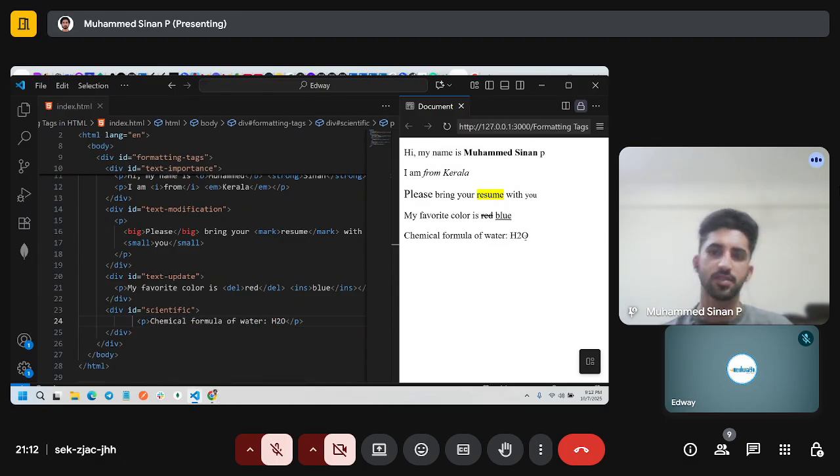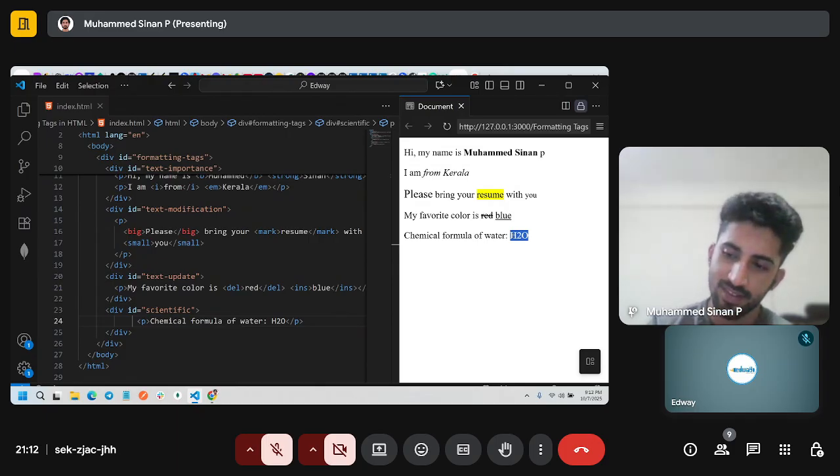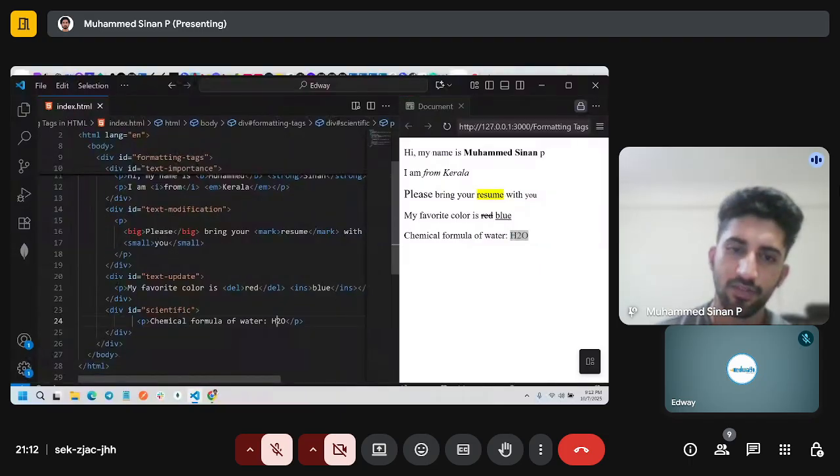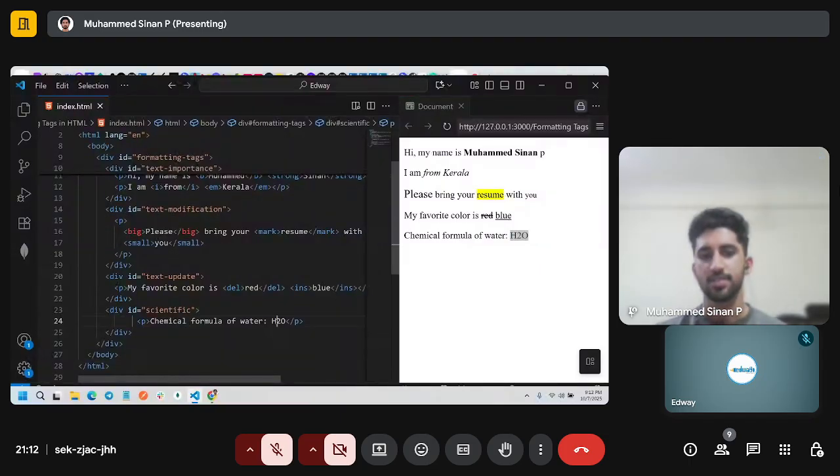You are seeing H2O like this everywhere. What is the difference? The 2 should come under the H. Yes. So for that, we have to use superscript or subscript.